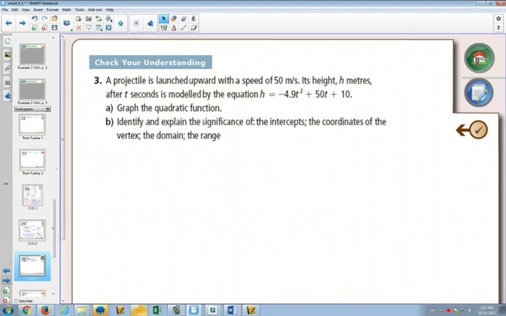Anytime something goes up in the air and then comes back down, if you make a graph of how it travels, it'll make a parabola. Wait, what if you dropped it straight down? Is that still a parabola? It would be part of the parabola. It would start at the vertex, and it picks up speed as it goes. It's going faster at the bottom than right at the beginning,